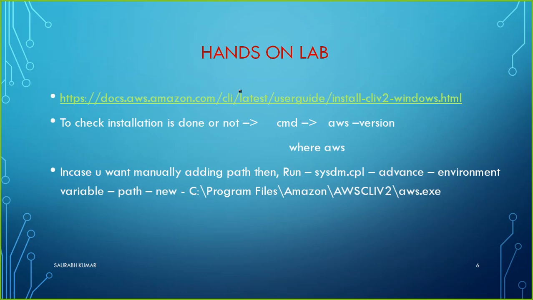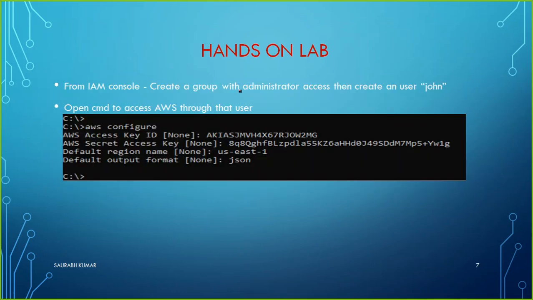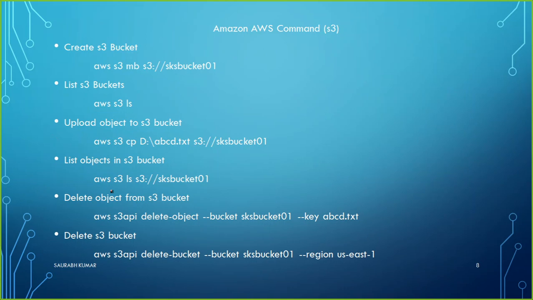Here are some notes I have for your reference, on how we access it. We use the command aws configure, and there it asks for four things: access key, secret access key, region, and output, and then you get this prompt where you run the commands. Next, here are some sample commands I have listed for you. You can maybe pause the video and take note of them.